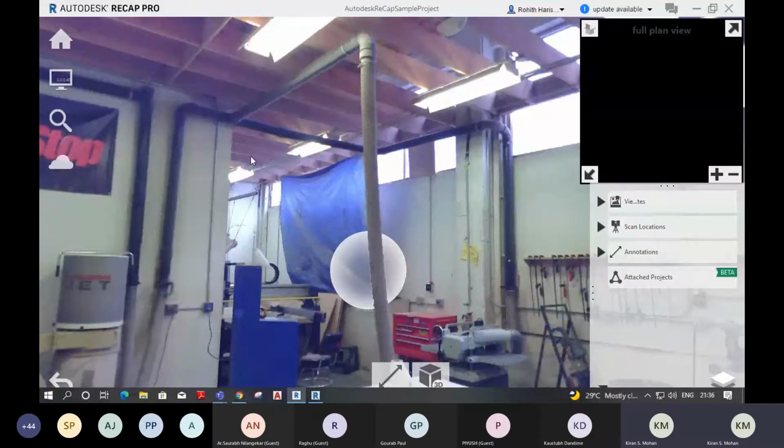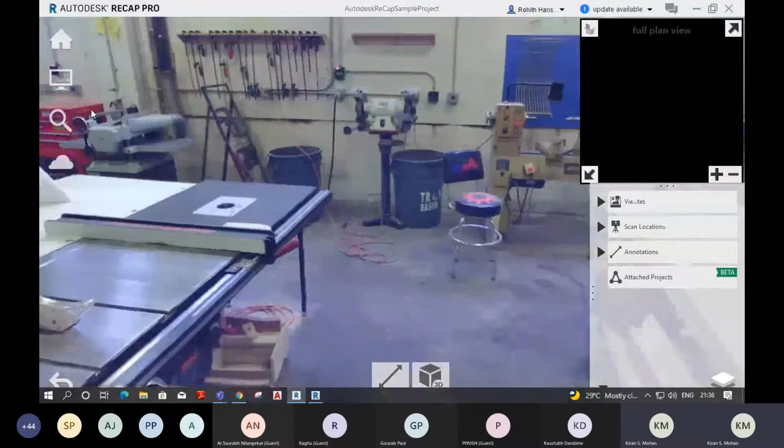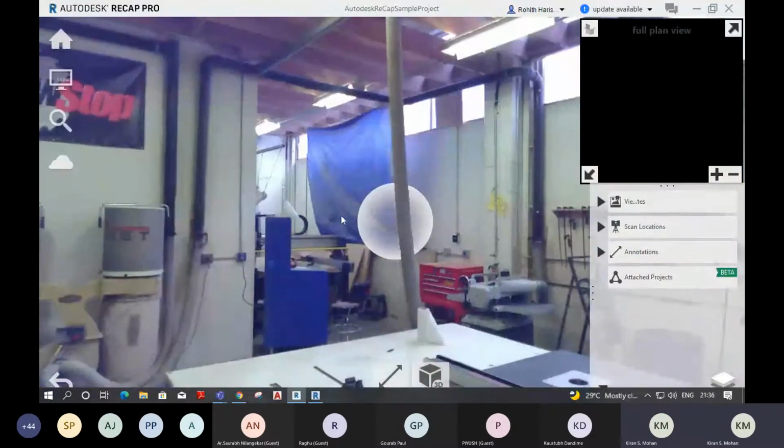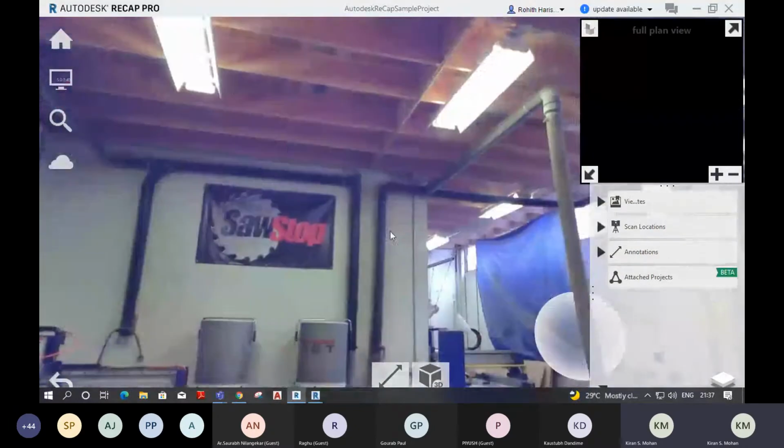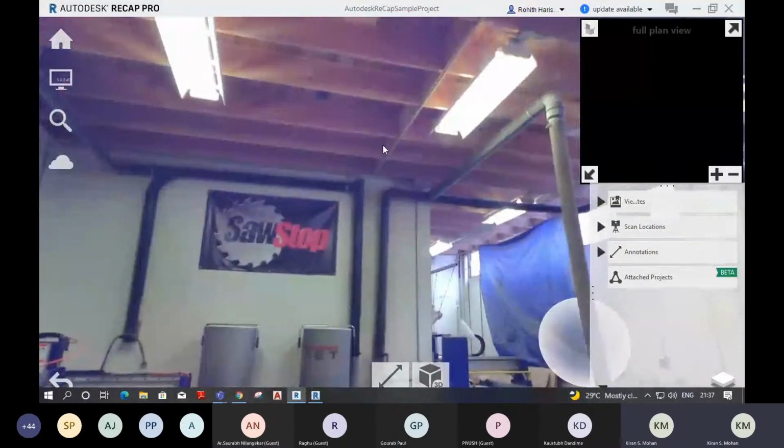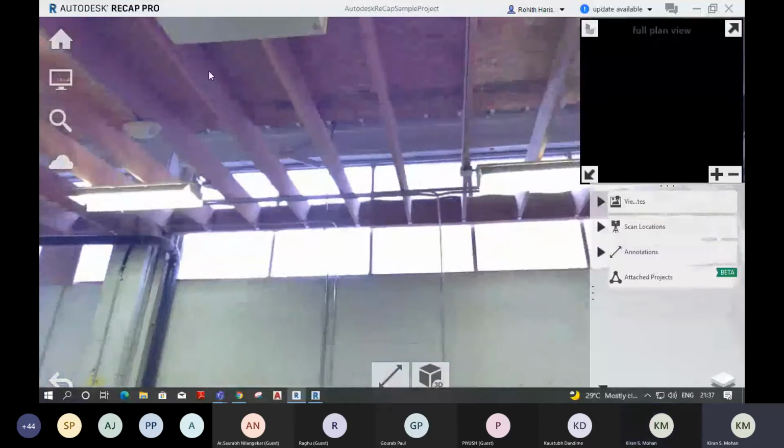And in the middle, you can see 5 or 6 joists. For these 5 to 6 joists, this side is recorded in this scan data, and the other side is recorded by the existing scan data.